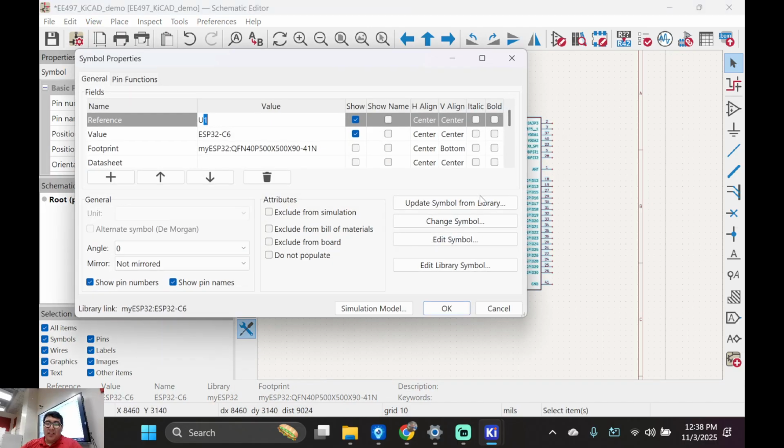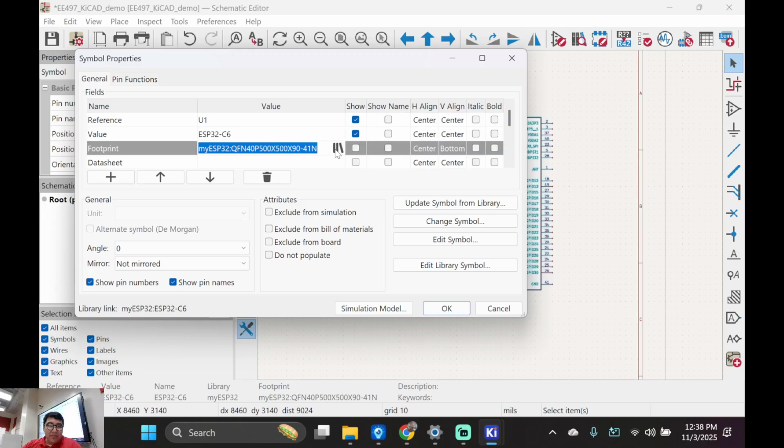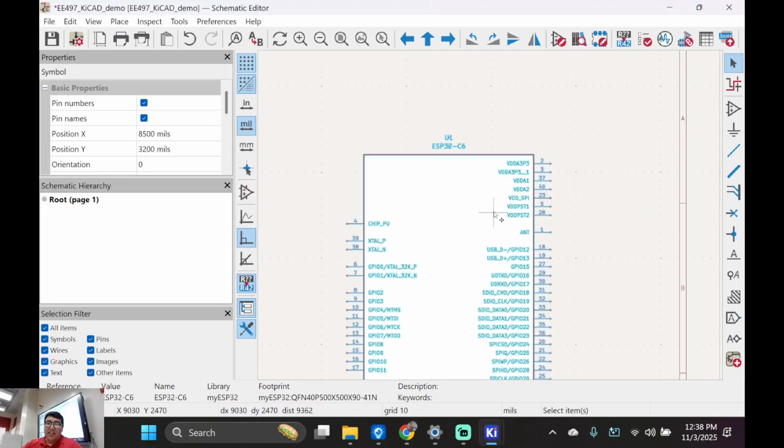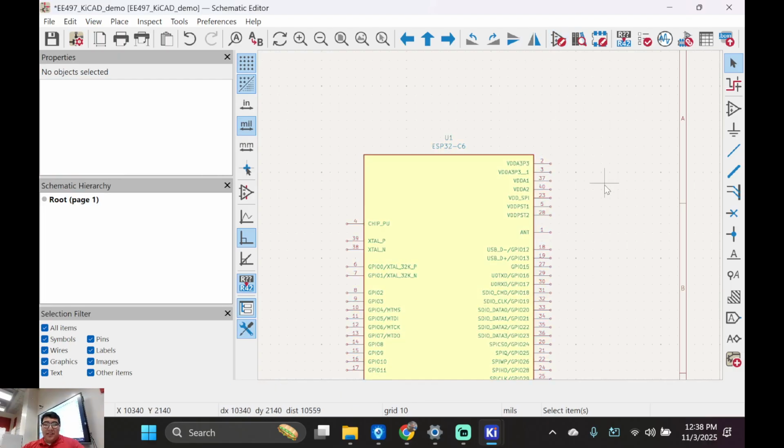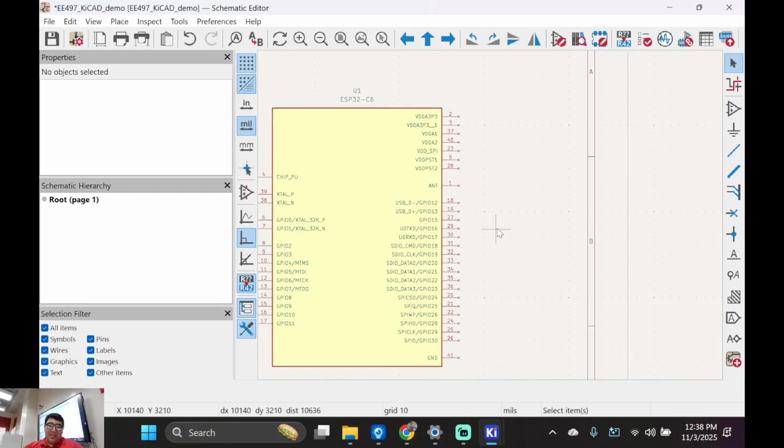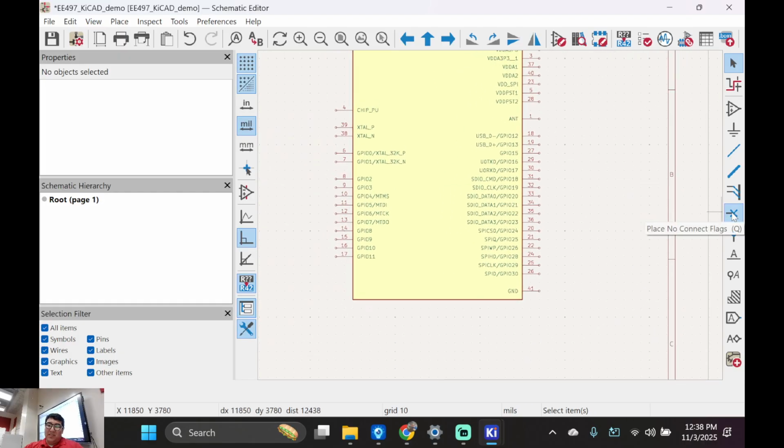So anyways, double click on this, and then our 3D footprint model. Well, I'll show you. But yeah, that's how you put in a chip. So whatever you're trying to do, this is what you do. I don't know what you guys are doing with this chip, so you may have to use